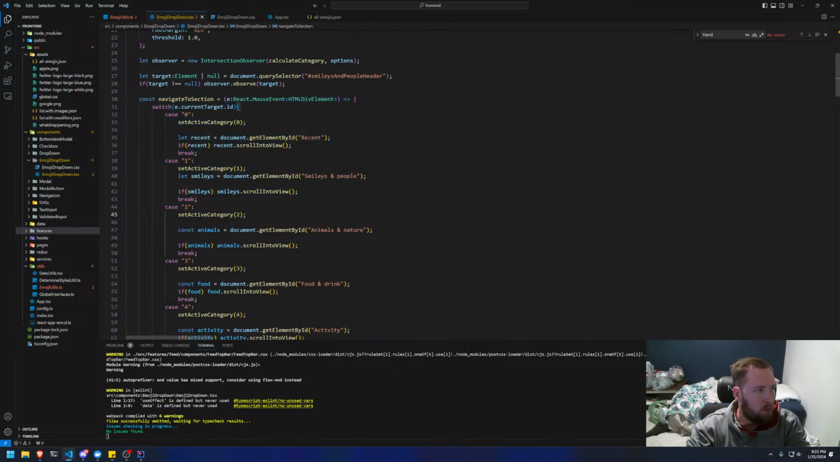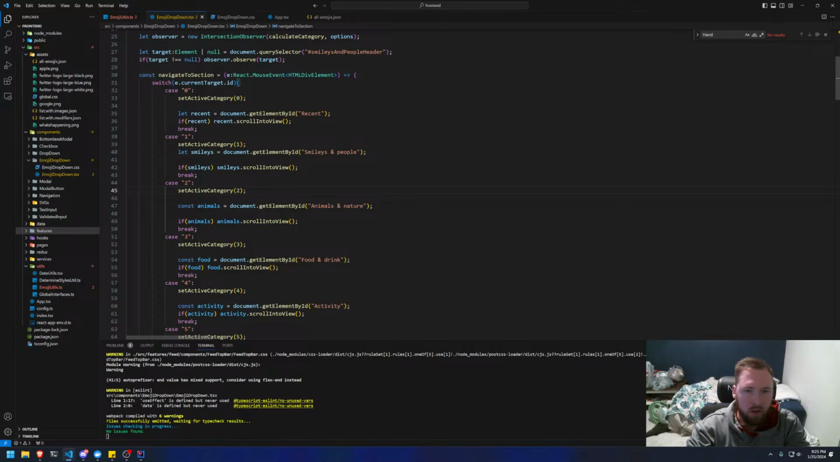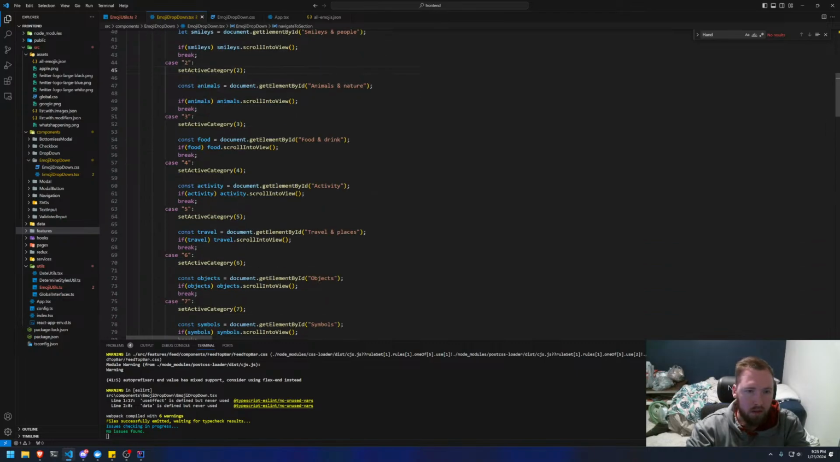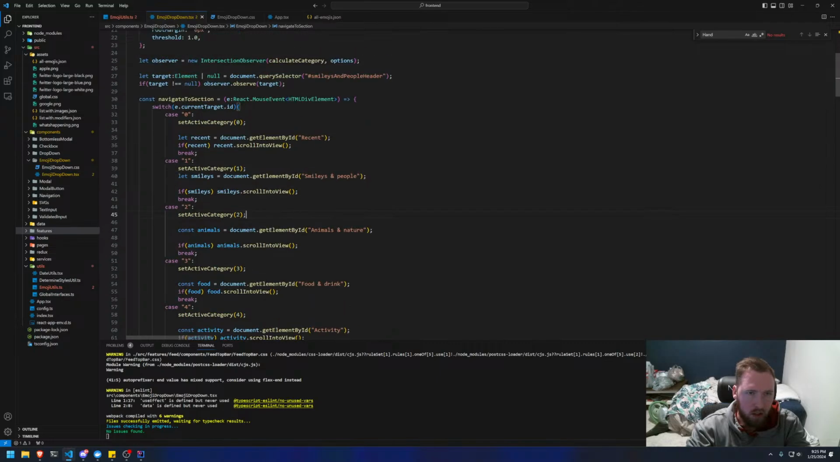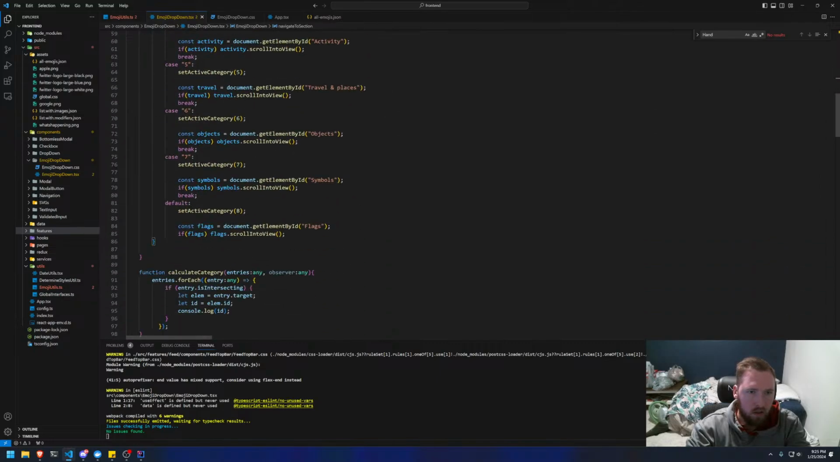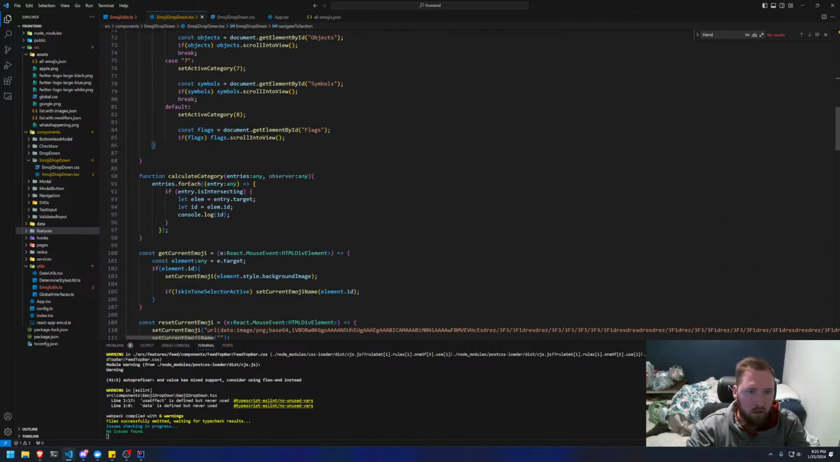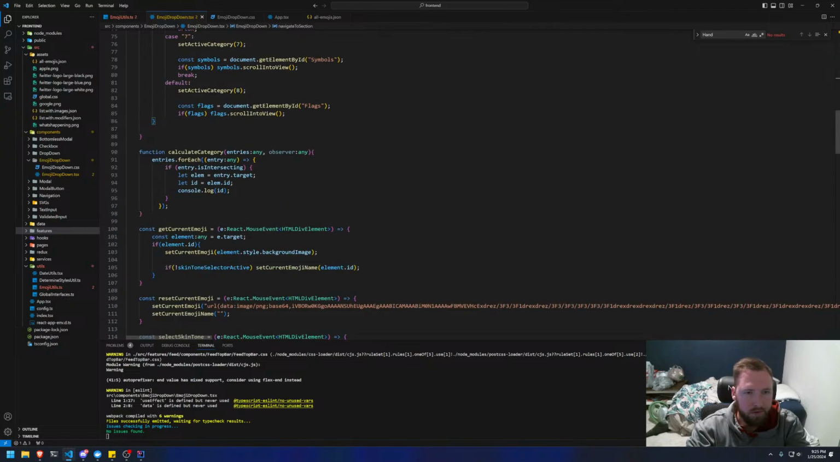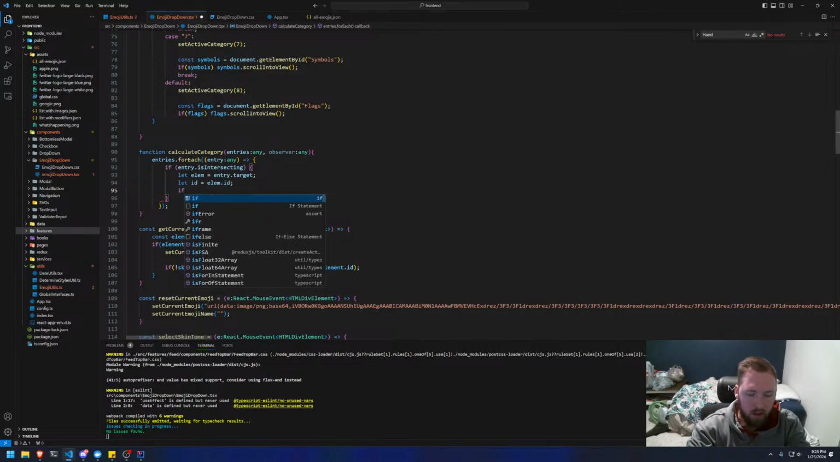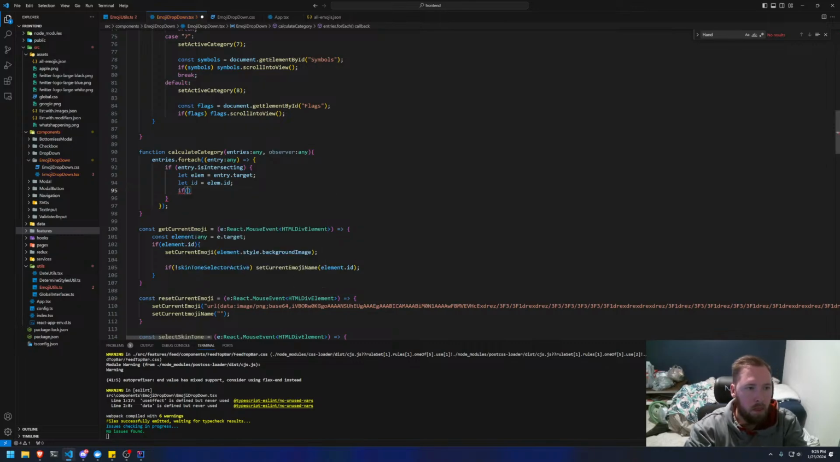Here's the thing, I don't want to basically redo this code, because what we need to do is a switch statement just like this, where we convert this ID into something else. So we basically need to say, if the